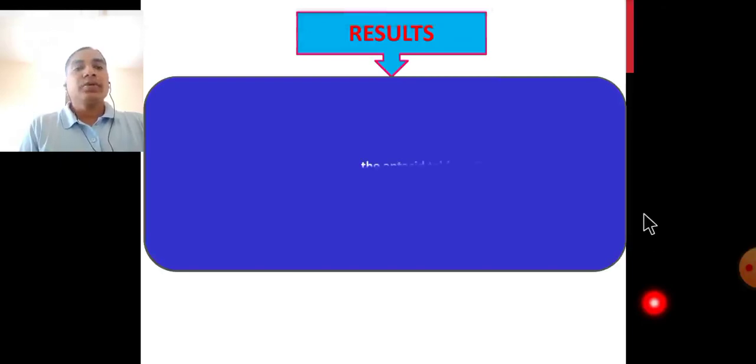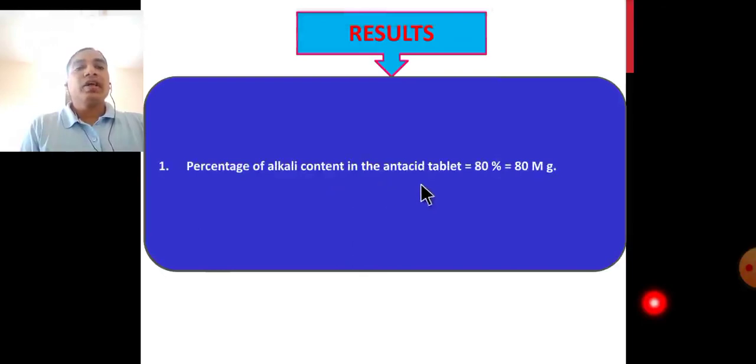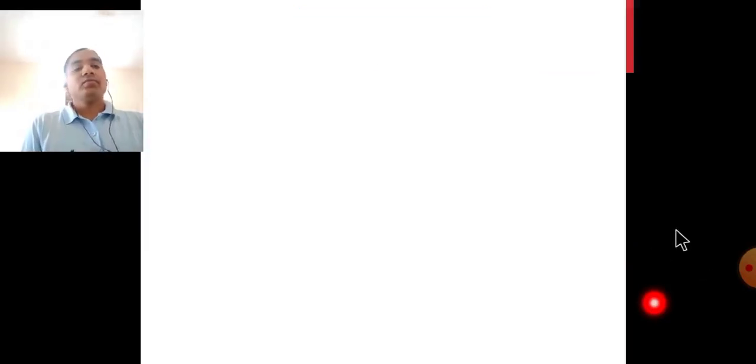Result of this experiment: the percentage of alkali content in the antacid tablet is 80%, that is equal to 80 gram of NaOH per 100 gram of